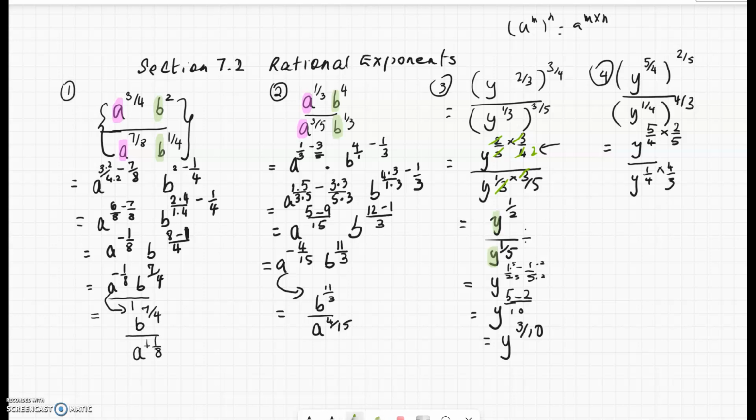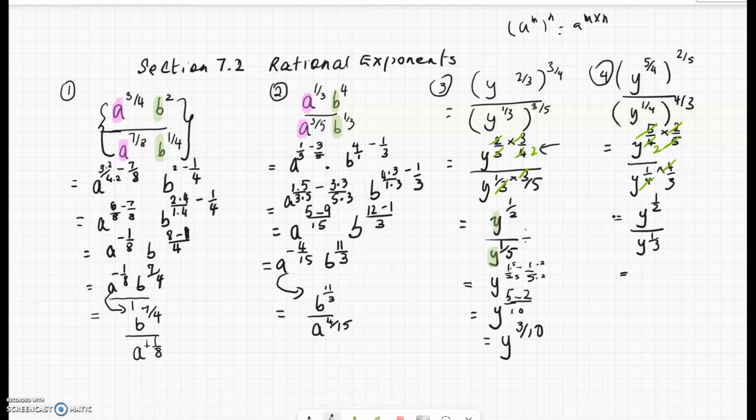Cancel common factors, 5 and the 5, 2 goes 2 times into 4, 4 and 4 cancel, and we've simplified the numerator to y to the half, we've simplified the denominator to y to the 1/3,